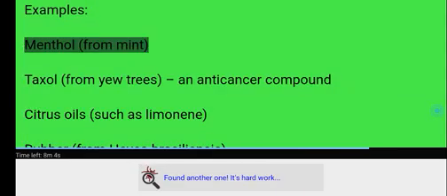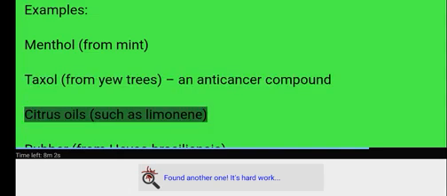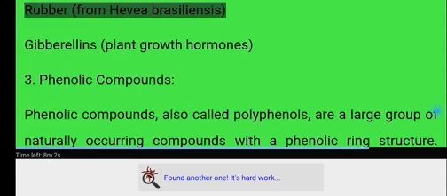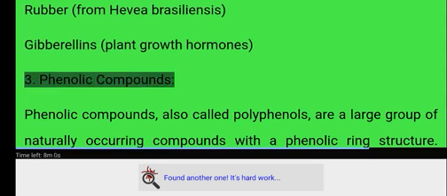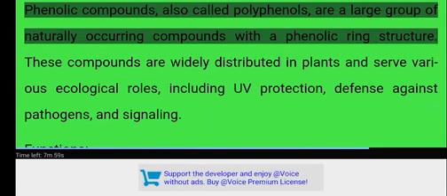Examples. Menthol from mint. Taxol from yew trees, an anti-cancer compound. Citrus oils such as limonene. Rubber from Hevea braziliensis. Gibberellins, plant growth hormones. 3. Phenolic compounds. Phenolic compounds, also called polyphenols, are a large group of naturally occurring compounds with a phenolic ring